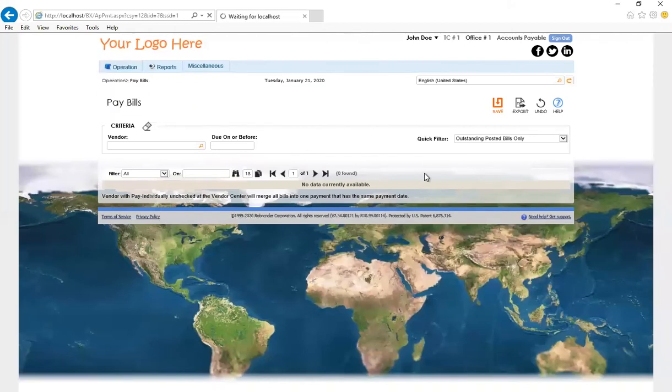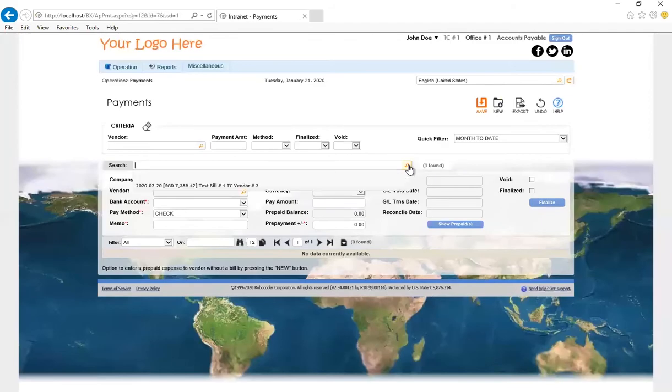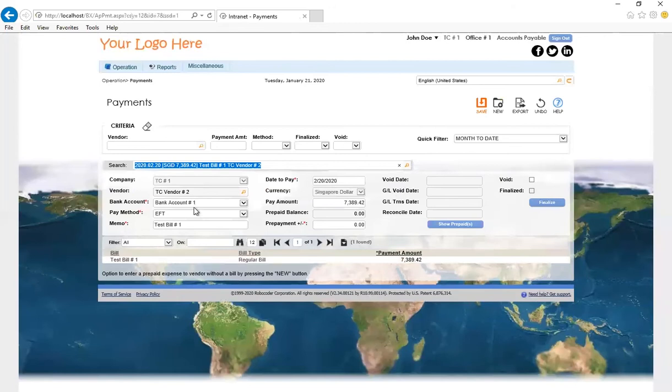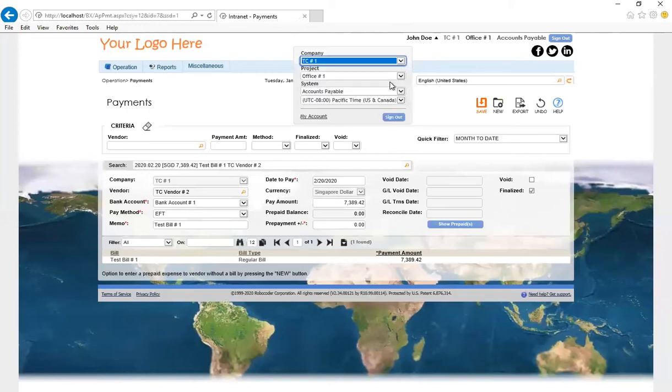Let's go to the payment screen, and this is our created bill. So we want to choose the bank account that we want to withdraw money from and the payment method, the date to pay and everything, and if everything's okay, let's finalize this. So now we have created a bill, made payments, and I will show the general ledger entries for the same. Now let's move on to the accounts receivable module, and